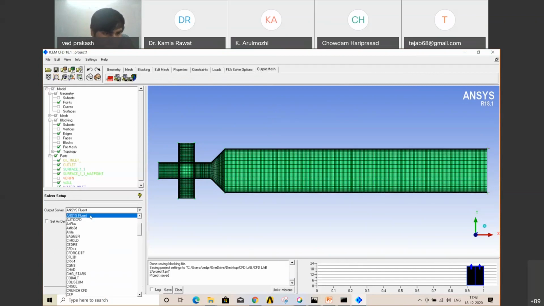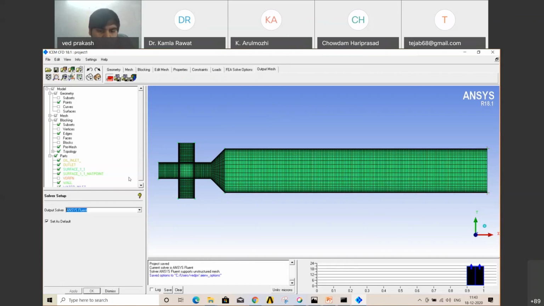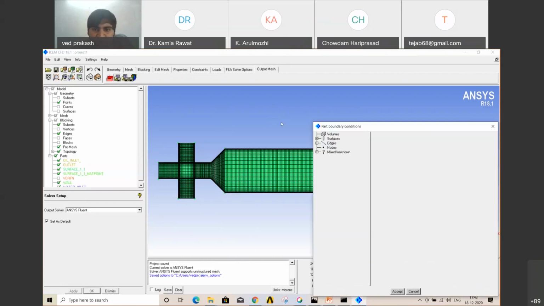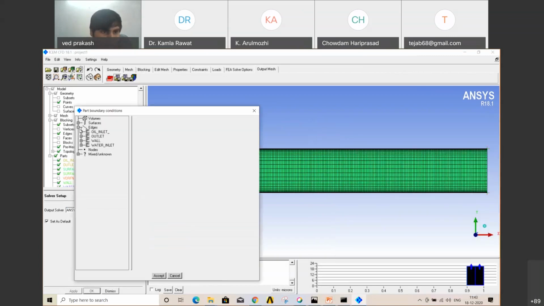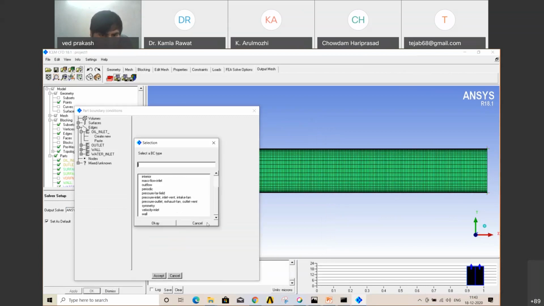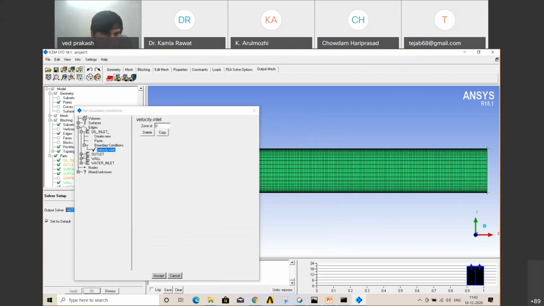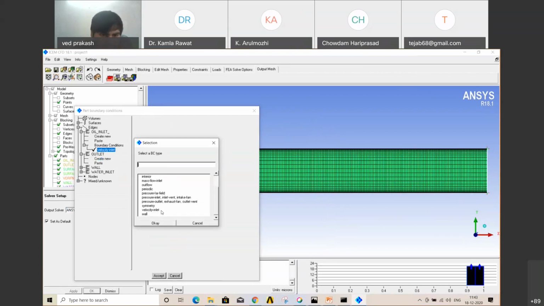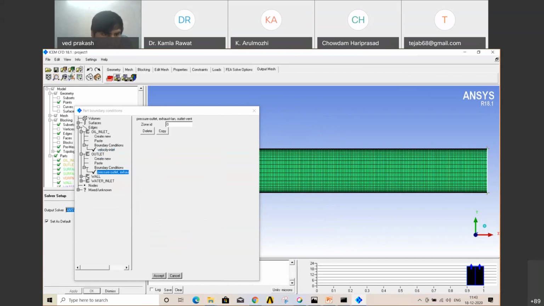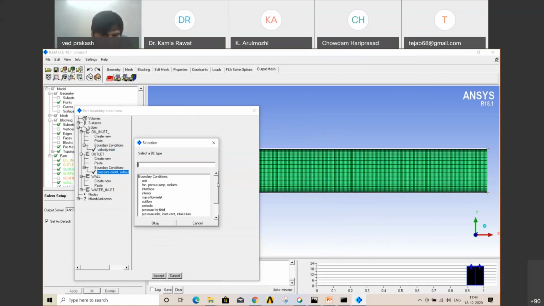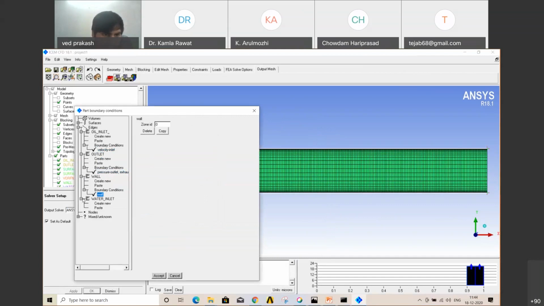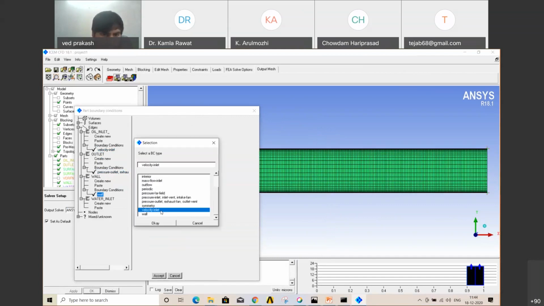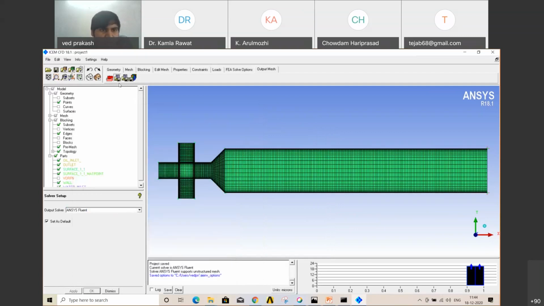Which solver are you using? There are so many solvers. So we are using ANSYS Fluent, set as default also. Then define your boundary condition. Which type of boundary condition will you be using? Go to edges, because this is a 2D problem and these all are edges. First oil inlet, create one: velocity inlet. Second outlet, create new: pressure outlet only. Wall will be wall only. Then water inlet, this is also velocity inlet. Now at the last, write input.